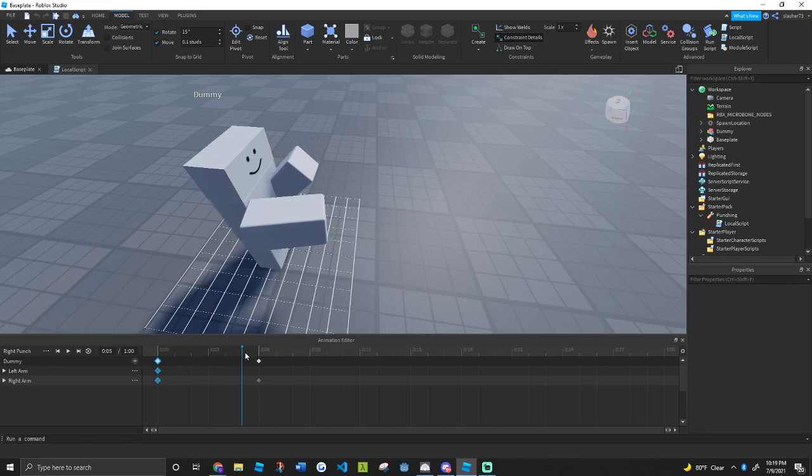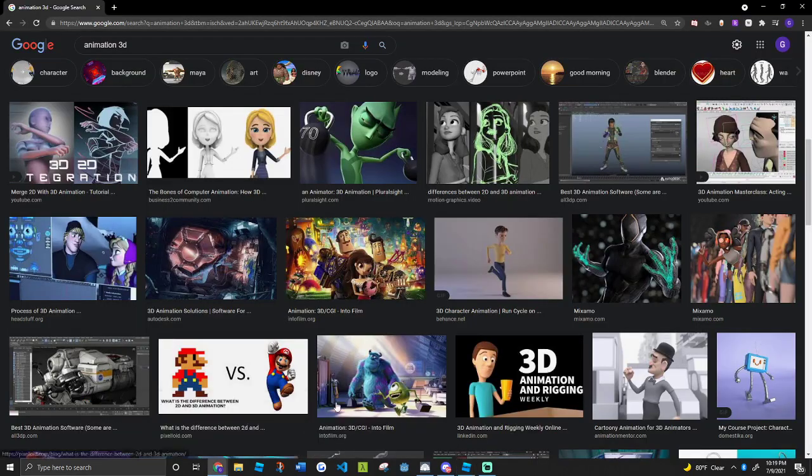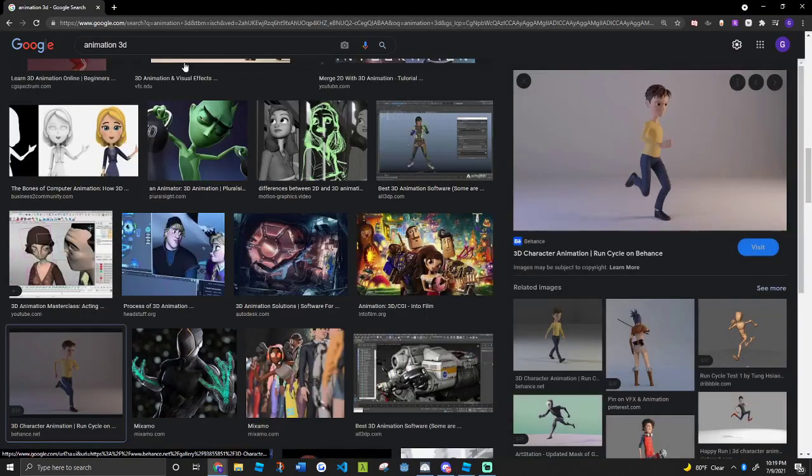So some animations only take 2 poses, some might take 3. You just need to figure out what are the essential frames. So for a walking animation,